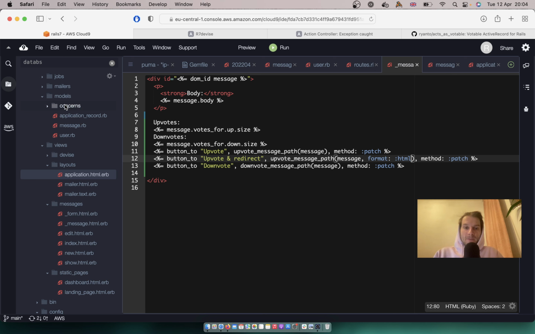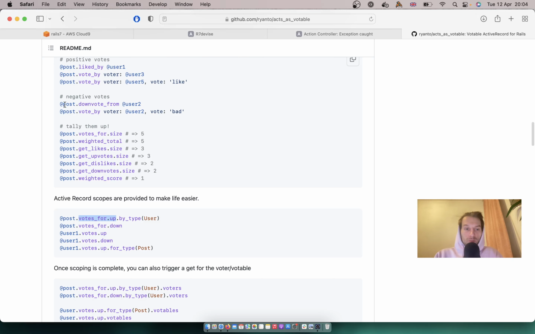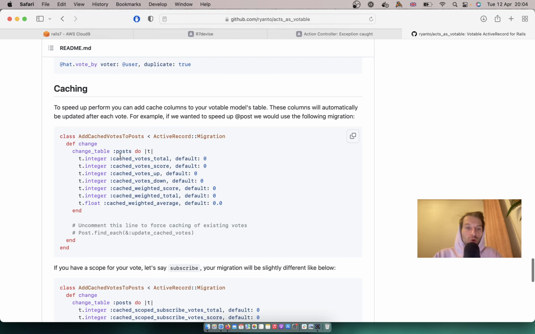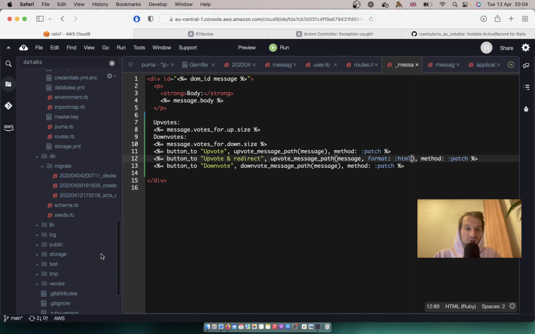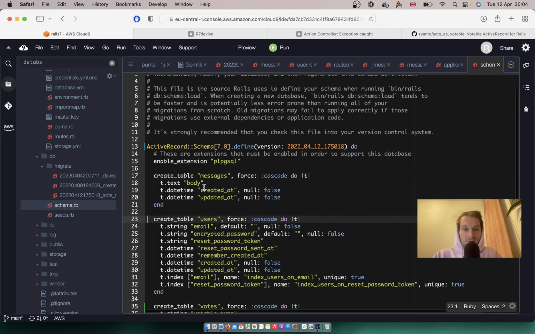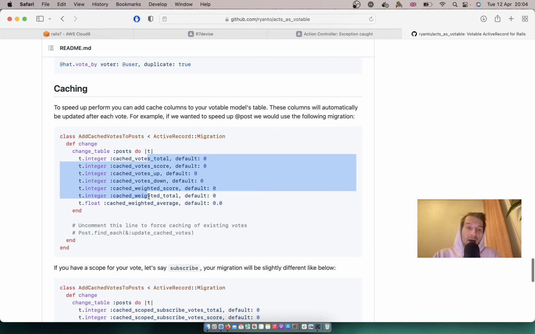Looks fine, but there is still a lot of improvement that we can make. First of all, we are going to add the caching, meaning we are going to add the votes to our database, to our messages. So we'll have an attribute on our messages table. In the schema, you will be able to see it. In the messages table, where we have our messages, we will have the upvotes count, downvotes count, and a few other handy things that are calculated by upvoting or